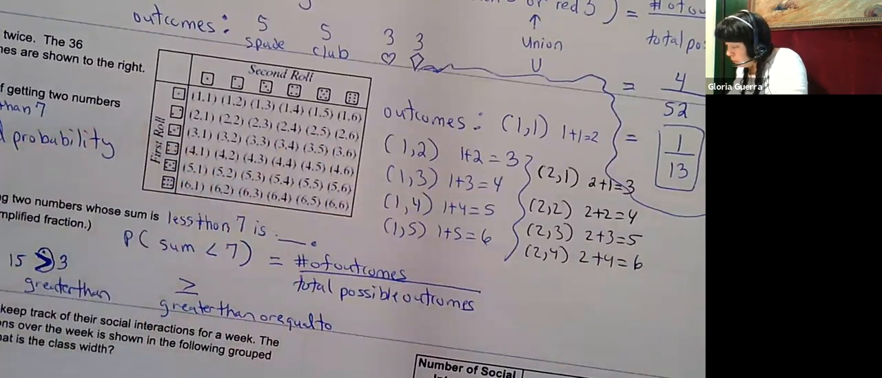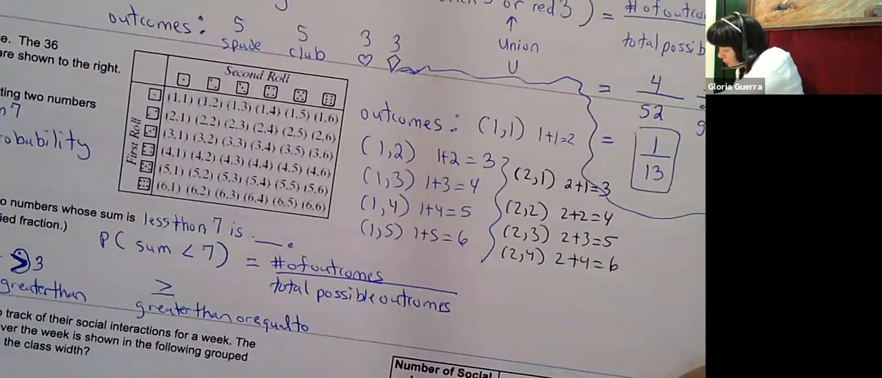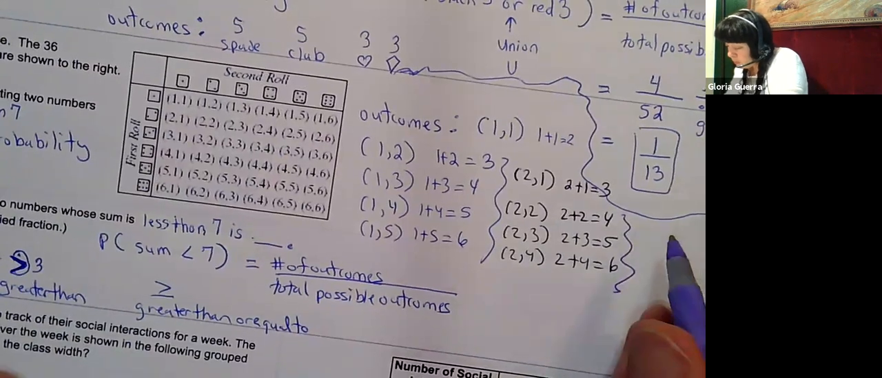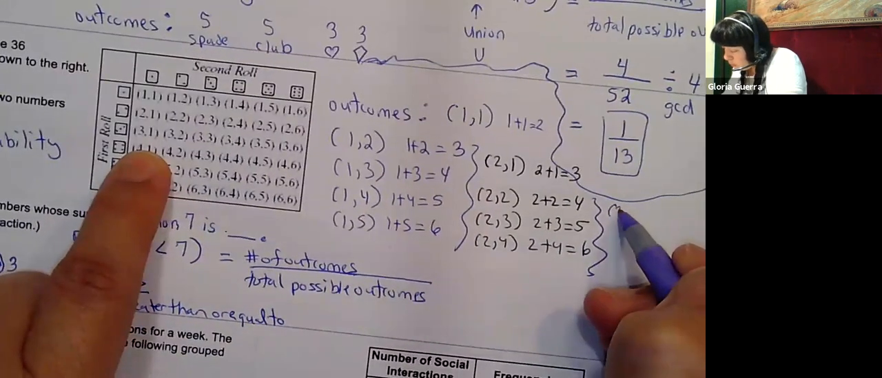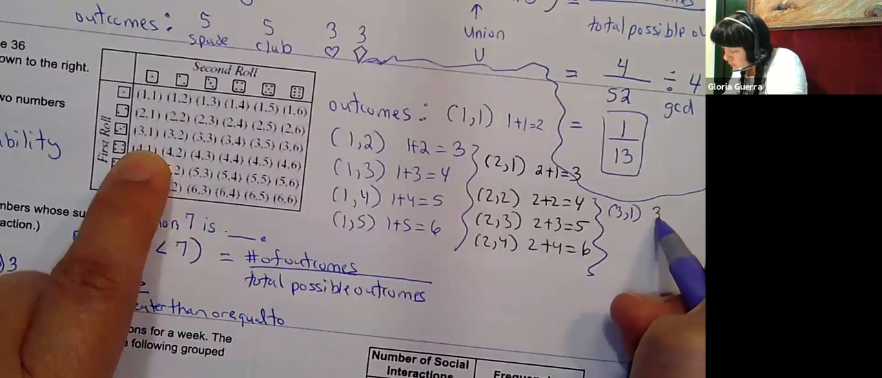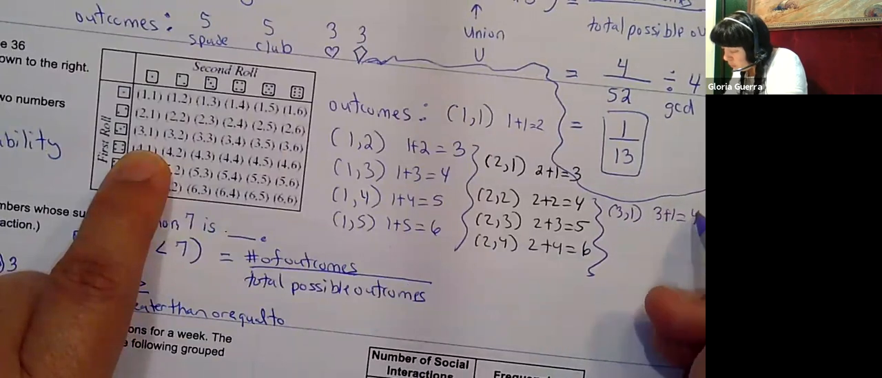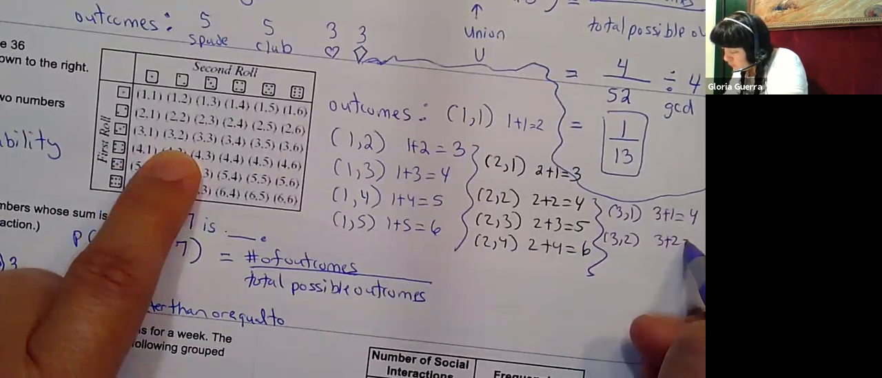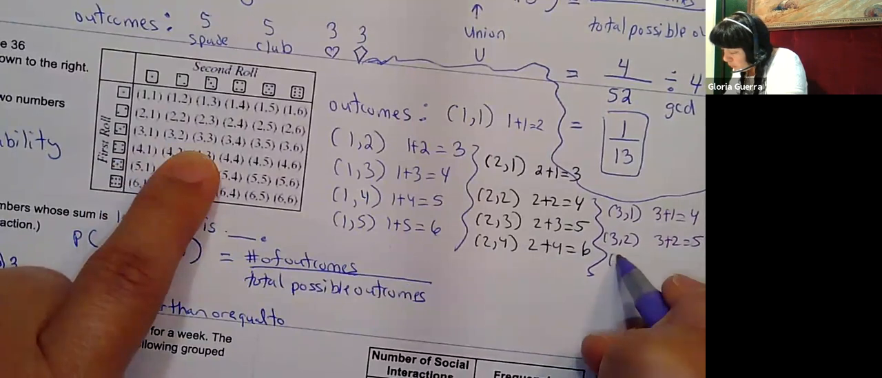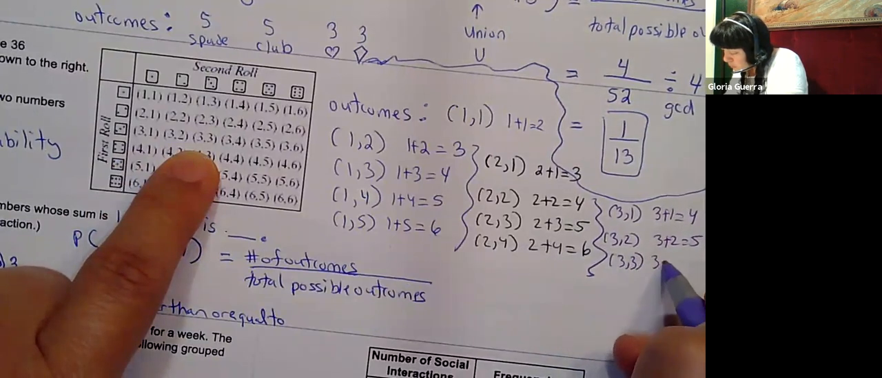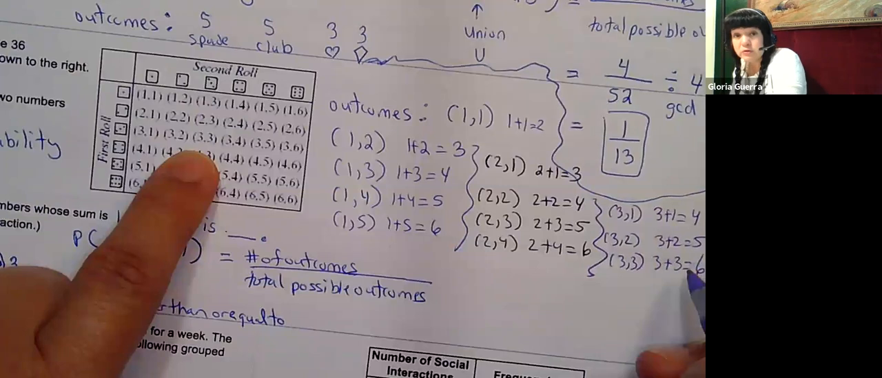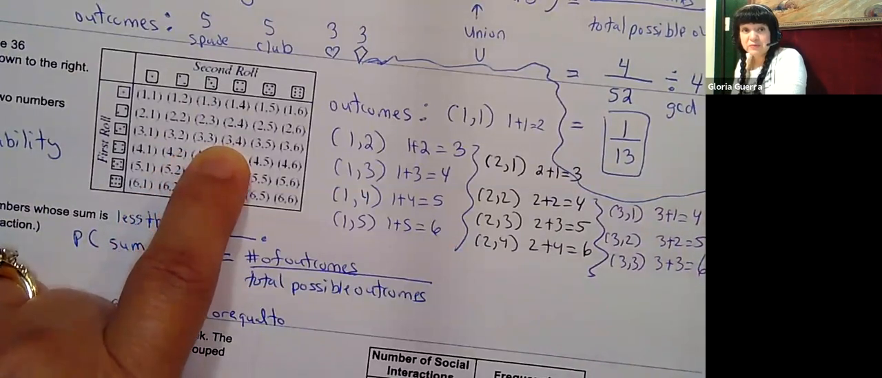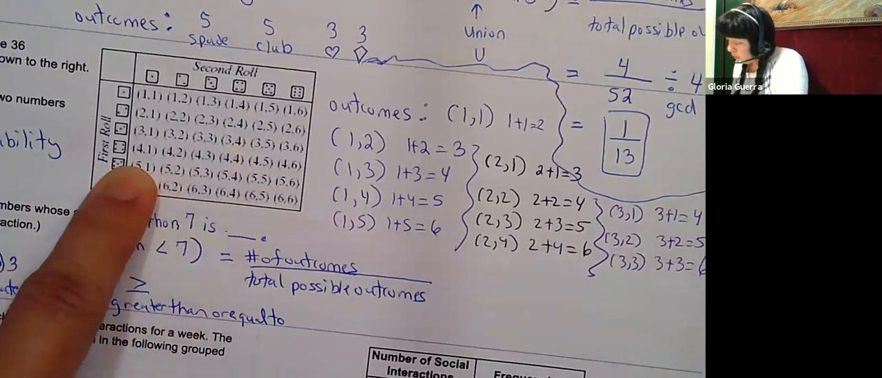I can change my ink. So 3. So 3, 1, because 3 plus 1 equals 4. 3, 2, because 3 plus 2 equals 5. 3, 3, because 3 plus 3 equals 6. But then I have to stop there because 3 and 4 gives me 7. So I want less than 7. Okay, so now I go to